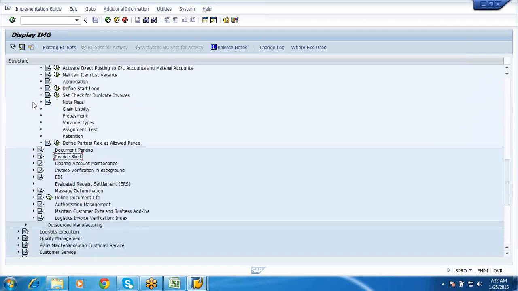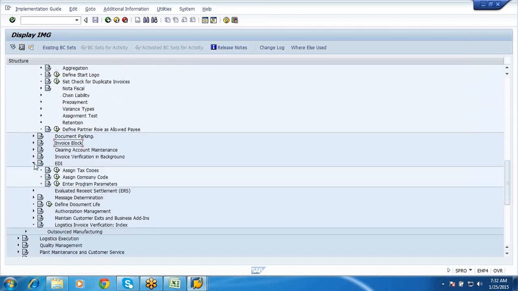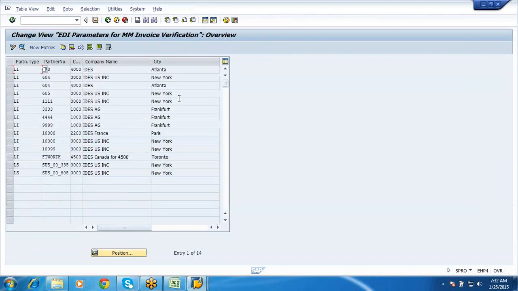Yes, EDI, that is done through your message determination. Okay, so this basically is run by the programs. Enter program and the parameters, EDI. So for your company code, if you want to have an EDI, why is EDI required? Any specific business scenario, can you explain me, like where we had used this EDI for invoicing, do we require EDI? We can pay the vendor directly, right? If EDI is configured.